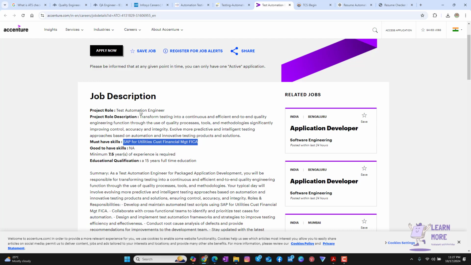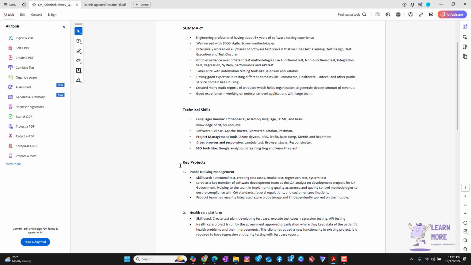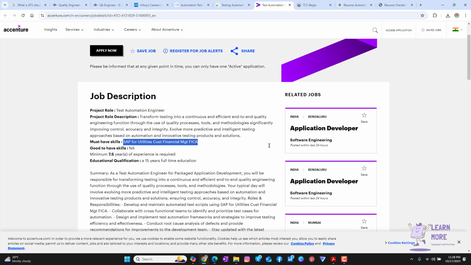So likewise, we need to analyze the JD and based upon that, we need to include the roles and responsibilities. Whenever we are creating the resume, for sure we are updating the summary, the roles and responsibilities and the technical skills. But we should ensure whether it is matching with the JD. So whatever the JD says,